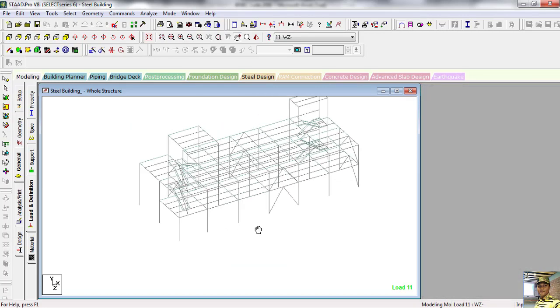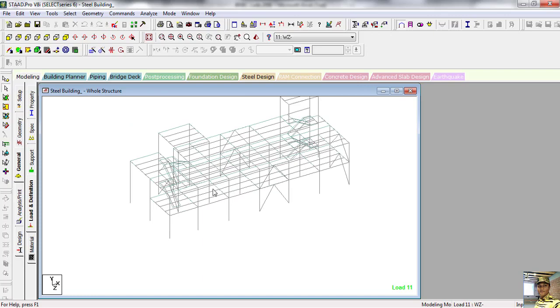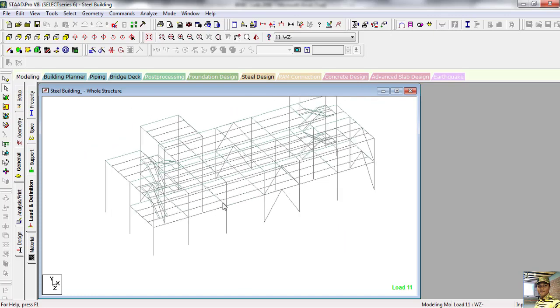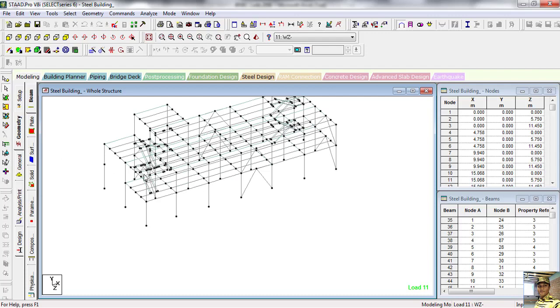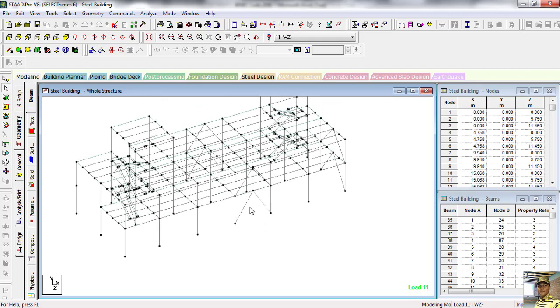Now geometry. Now see, we provide here some bracing. So we'll define this as acting as a truss.